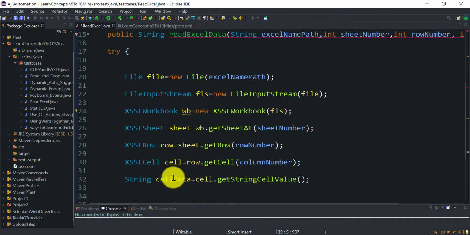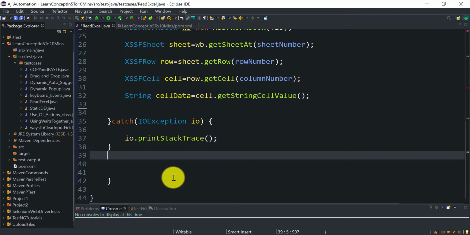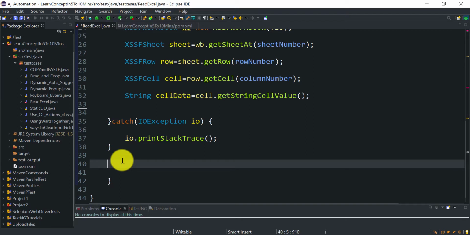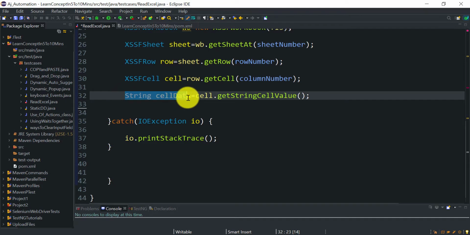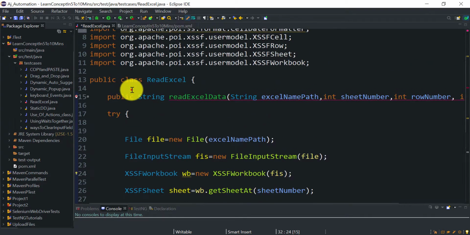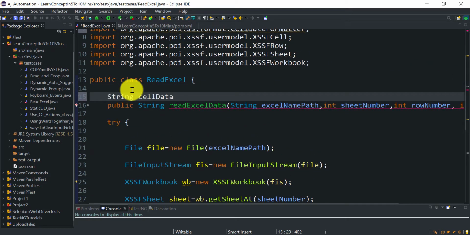So this cellData value I can return after the try catch. Before returning, I will have to make this variable a global variable. So let me copy this. I will define it at class level.